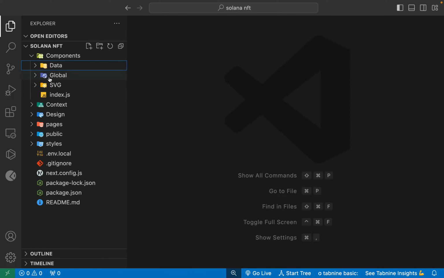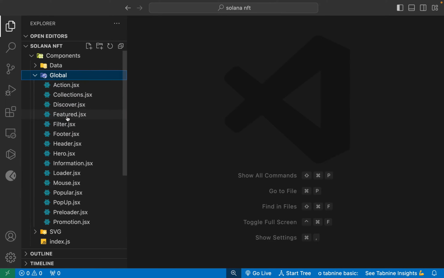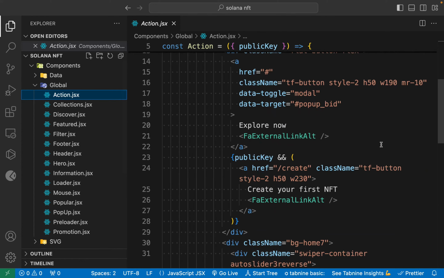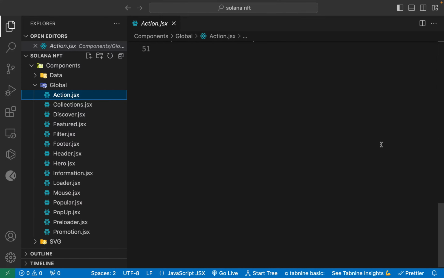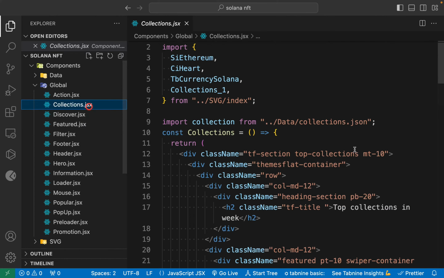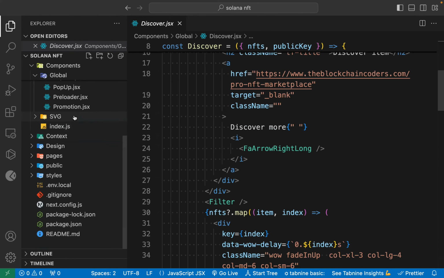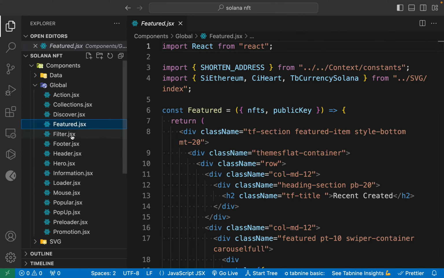The next one we have is the global. In that we have all the components for our application. So we have the action section. You don't need to make any changes. I will tell you what changes you have to make in the important places. So everything will work accordingly. So here we have the entire action component. We have the collection. This is the entire collection component. This is the discovery component. Here we have the feature component. We have a filter component,